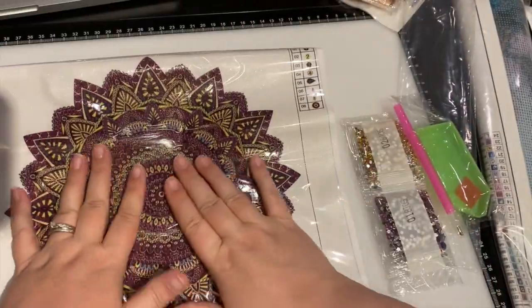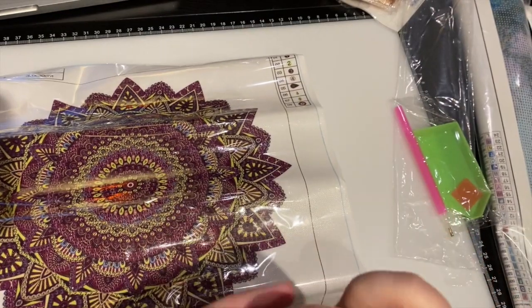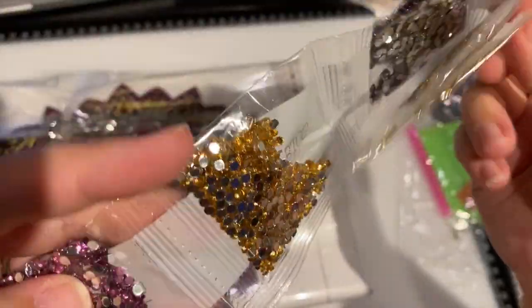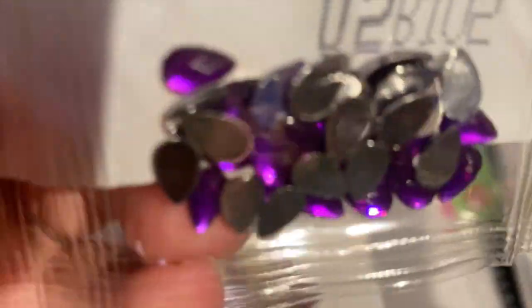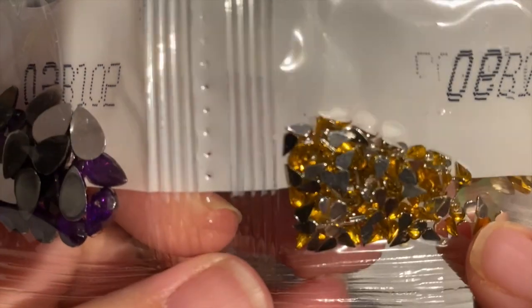So cute. It's a little snack, but it is beautiful. I loved these plum and gold colors. Looks like rhinestones. You're gonna have some purple rhinestones, some gold. This is that deep purple plum. Here's some yellow. And then these are the special drills. So there's 3 special shapes. You got purple teardrops. Ooh, I know these are hard to work with, but I love how beautiful they are. Really tiny slivers. And then these are more,